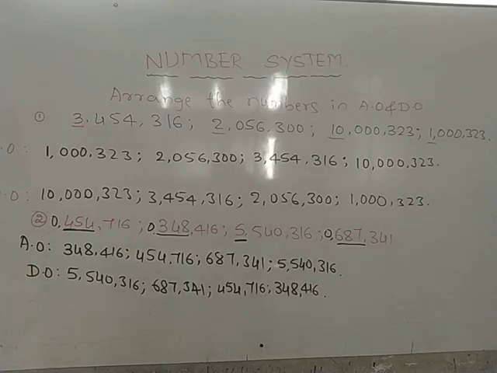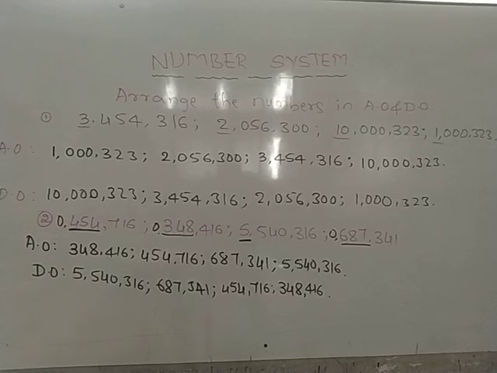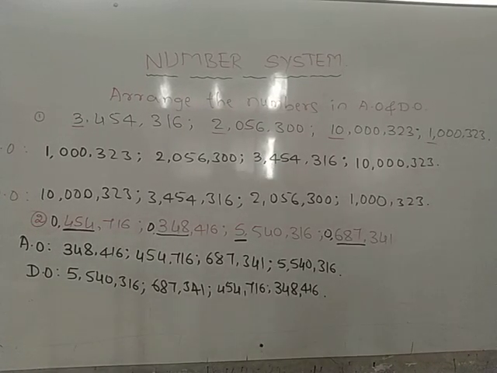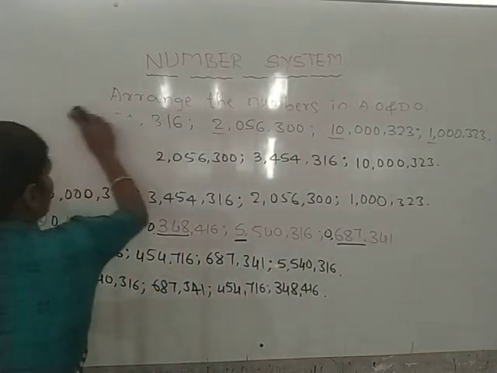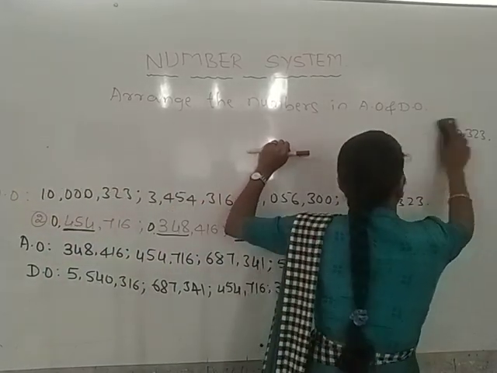Now, everybody, are you ready? Shall I give one more? Show me how many of you are ready. Show me your thumb like this way, please. How many of you are ready? Good. On your video, show me how many of you are ready. Good. Everybody is ready. Yes. Now I will give you a very interesting number. Please arrange these numbers in both ascending as well as descending order.